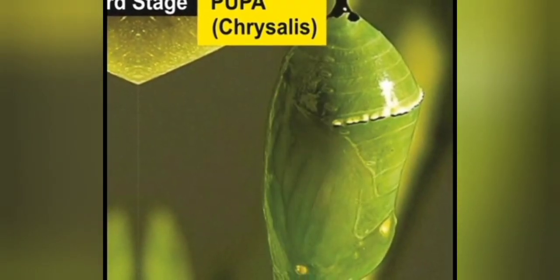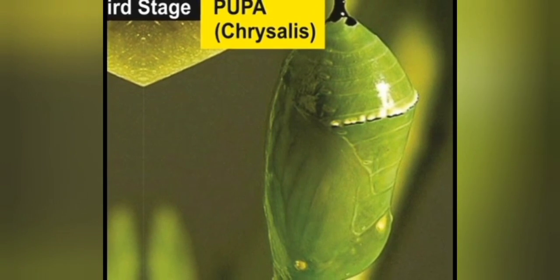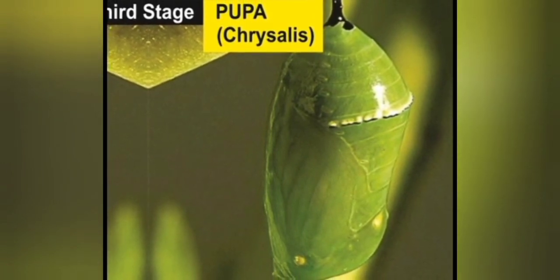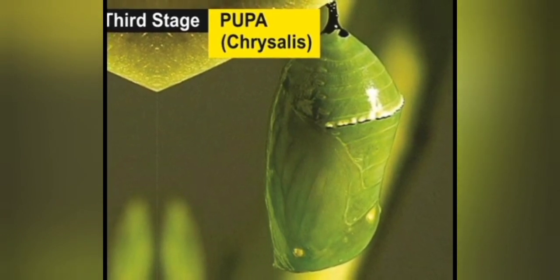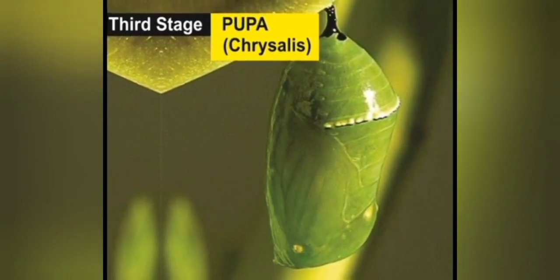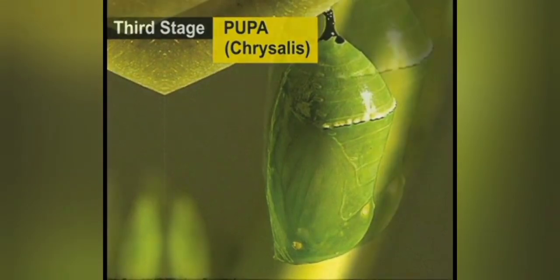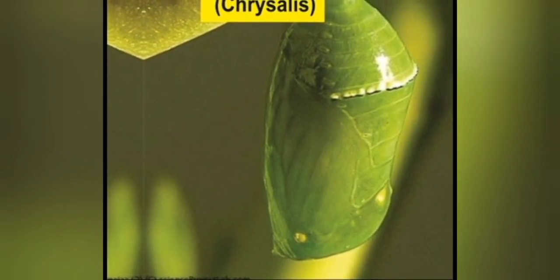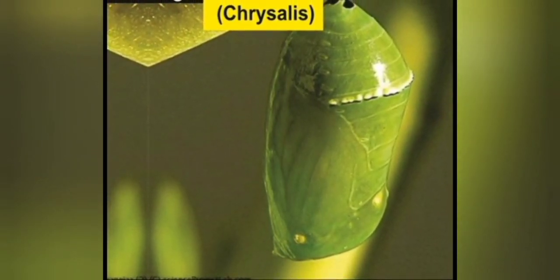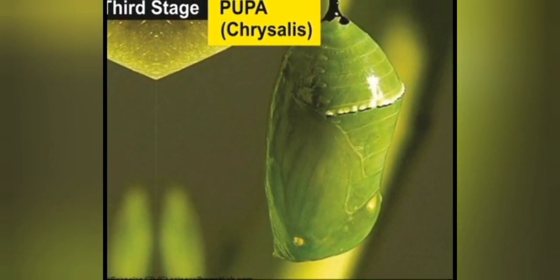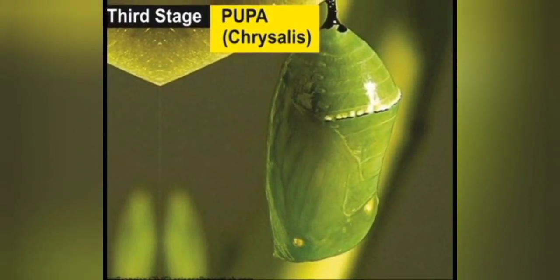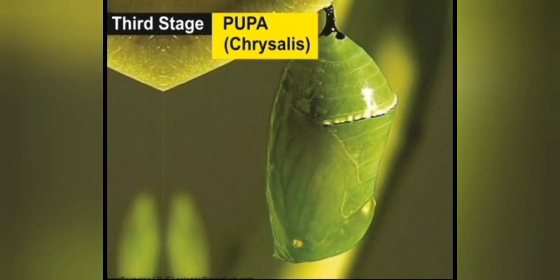The pupa is the third stage. As soon as the caterpillar is done growing and has reached its full length and weight, it forms itself into a pupa. Most people know that caterpillars are short and stubby and have no wings at all. Within the pupa, the body parts of the caterpillar undergo a transformation called metamorphosis.